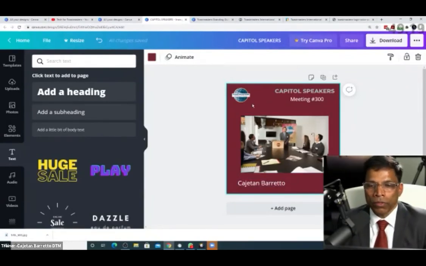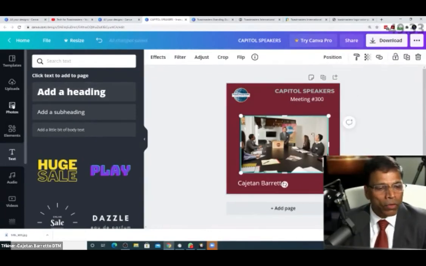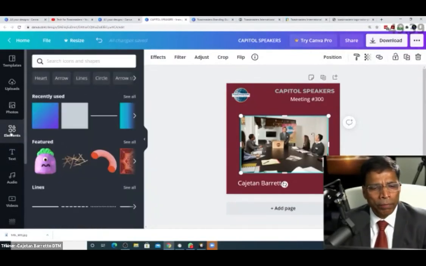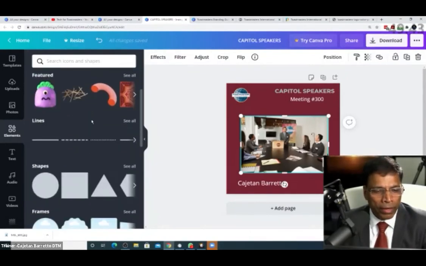How we do that is, first of all, let's add some elements. So far we have only added text and photos, but you can also add elements. In Canva, on the left-hand side, you have all of these elements that you can play around with to make your poster more attractive.